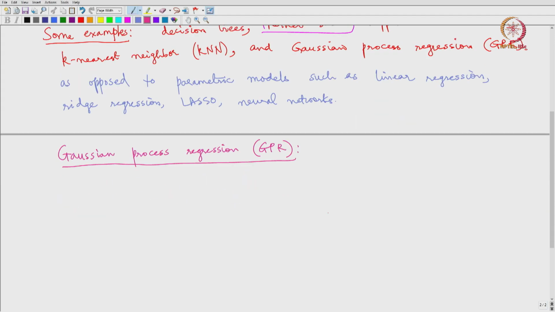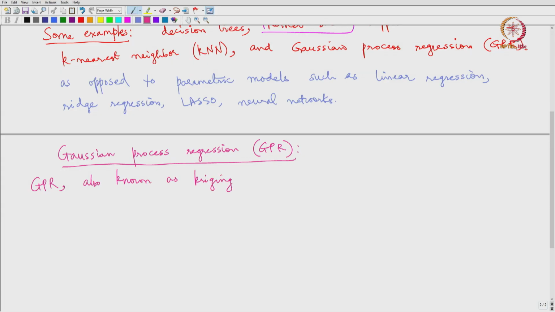This is the last machine learning model before we delve into the field of deep learning and neural networks. Okay. So what is Gaussian process regression? So GPR, also known as kriging,